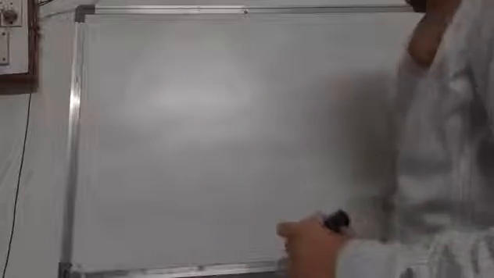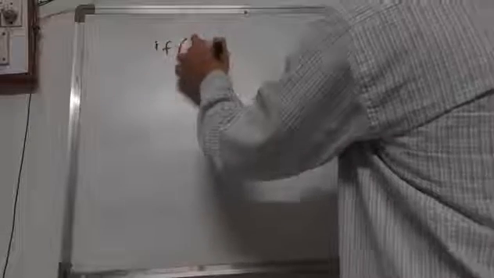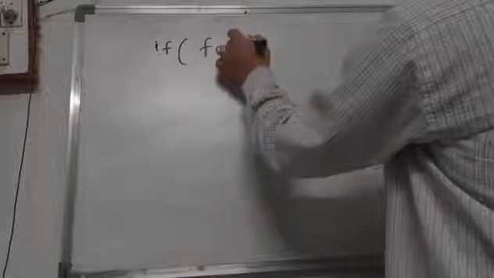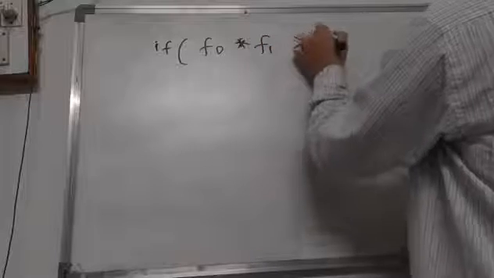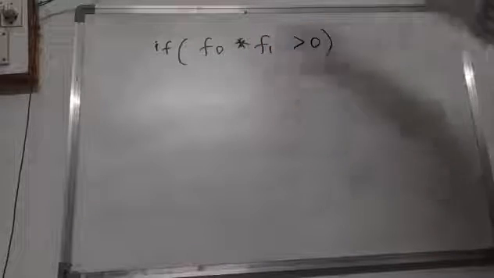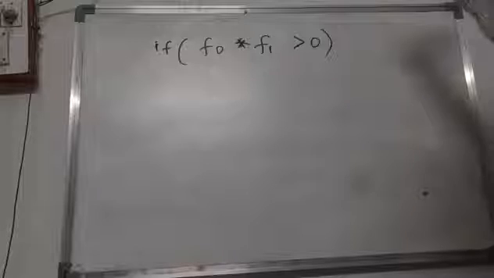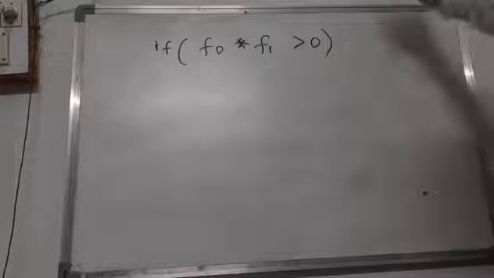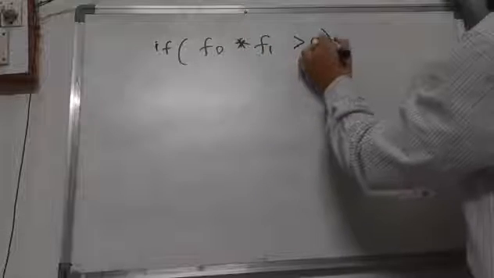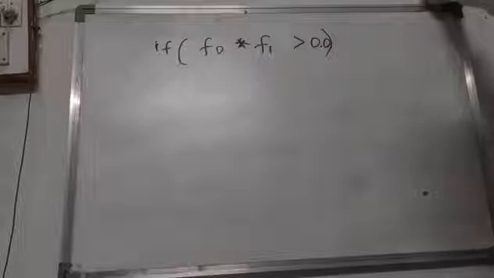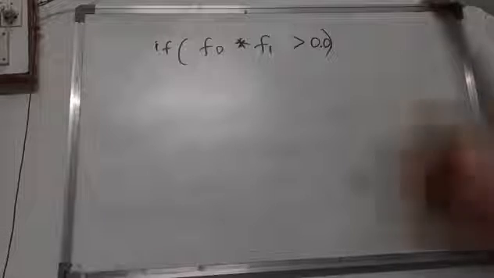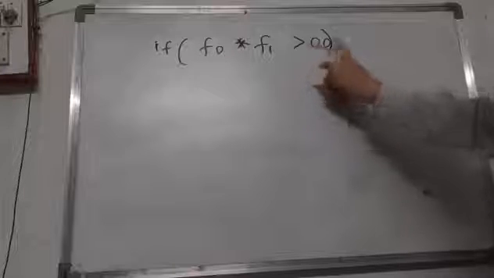Now we are going to check these two values. What we are going to check is whether f0 times f1 is greater than 0. If it is greater than 0, the bisection method is not applied at all. As they are floating point numbers, I have to take 0.0. Whenever we are given floating point numbers, we should not use a plain 0, because simply 0 will be integer type and it is not valid, you will get an error. That's why I have to take 0.0.